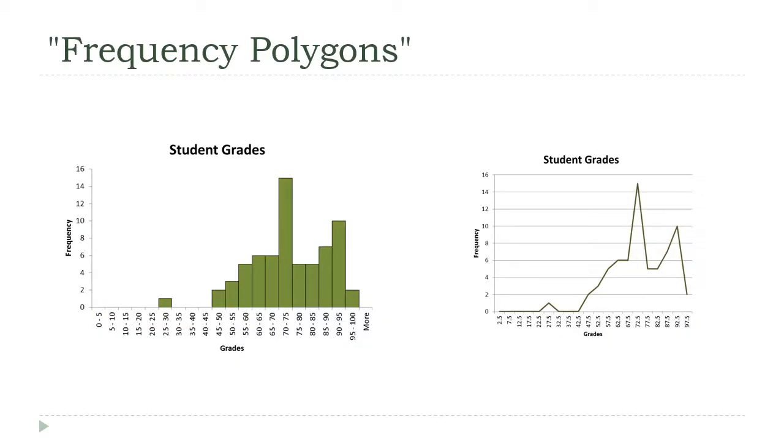So on the left here, I've got a histogram. That's one that we've seen earlier. And on the right, I've got a variation on that histogram called a frequency polygon. Now, the two represent the same data, but where the histogram uses bars that span the entire width of each class, the frequency polygon has individual points located at the midpoint of each class, and then they're connected to form